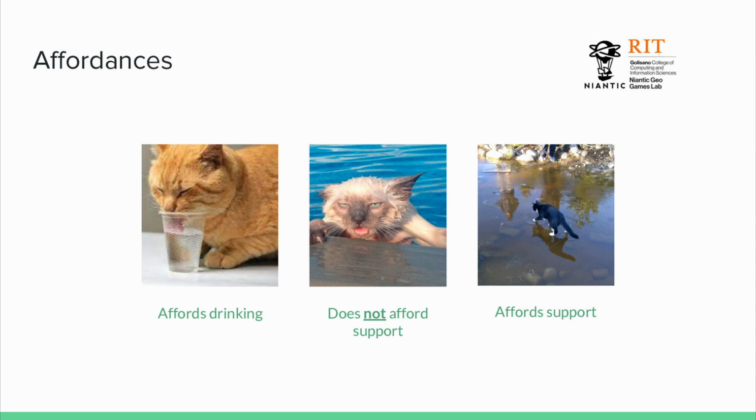Now, the important thing here is the thickness of that water determines what type of creatures this affords support to when it's frozen. Because the person that's in that image is not necessarily going to be able to walk on the water that the cat is. But also, a water strider doesn't even need the water to be frozen to walk on it. So what matters is the interplay between the physical property and the actual actor it's acting upon it, right?